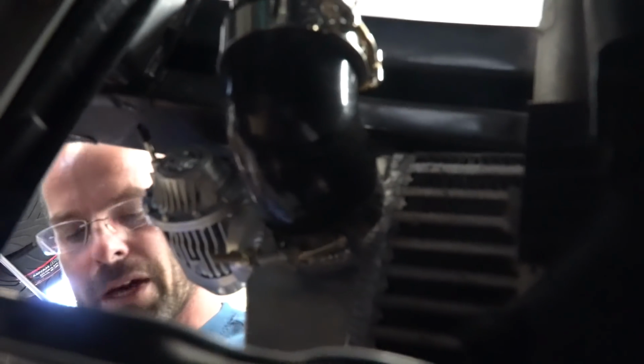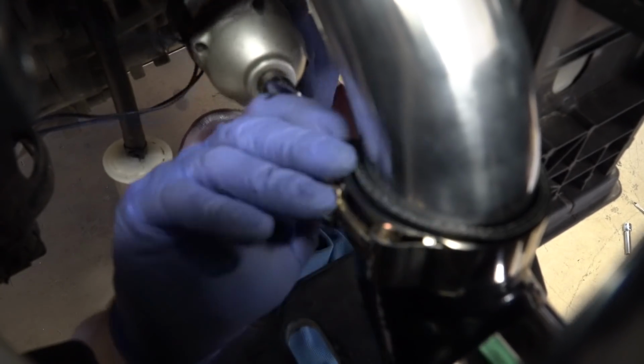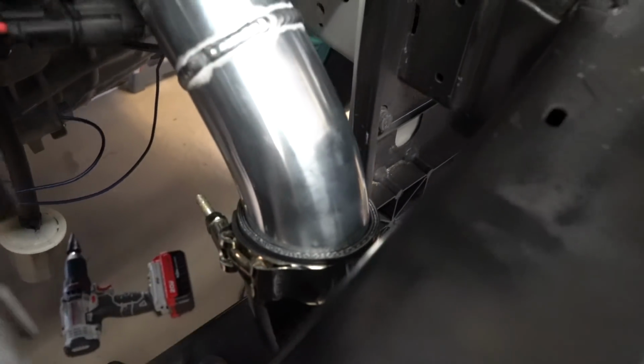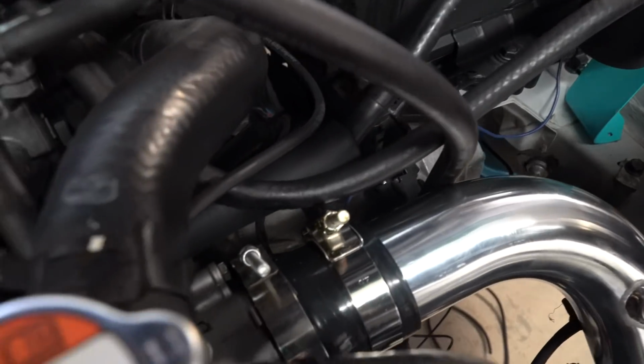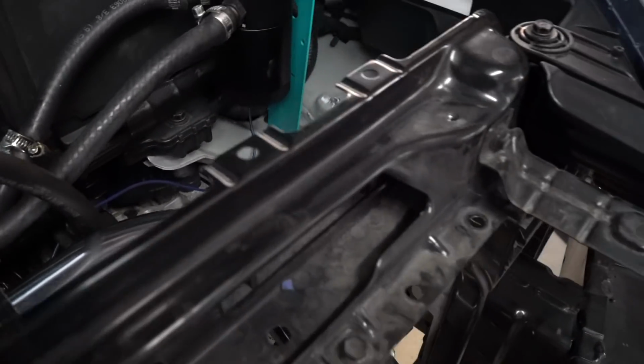And again, from the sound of the impact, it's tight, but it's not. So you get in there and give it some cranks. And that is the cold pipe side of the install. It is complete there. Since we're on this side of the car, we're going to go ahead and install